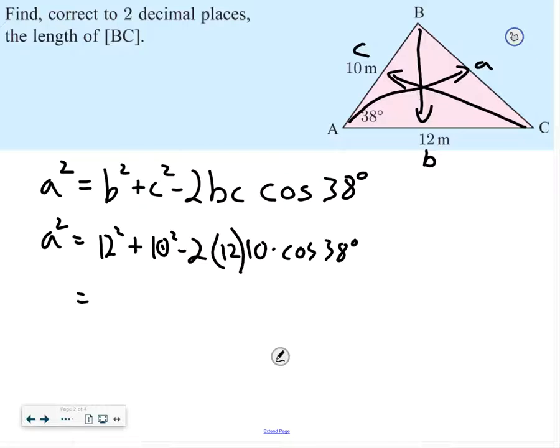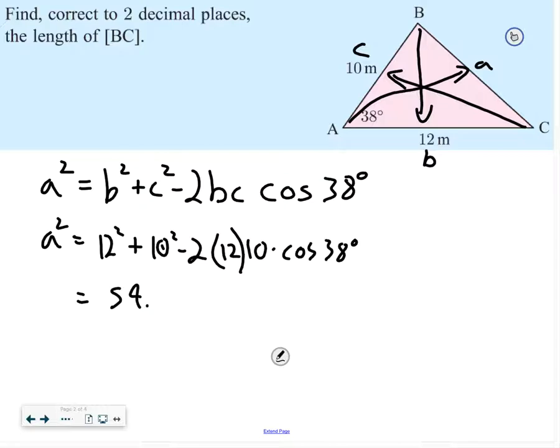Making sure my calculator's in degree mode, I'm going to type all that in at the same time: 12 squared plus 10 squared minus 2 times 12 times 10 times cosine of 38,